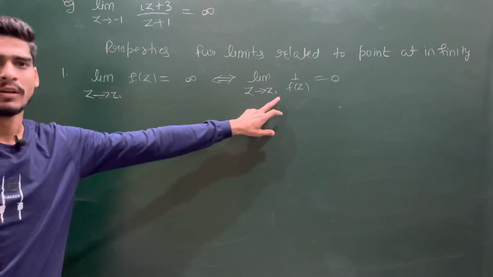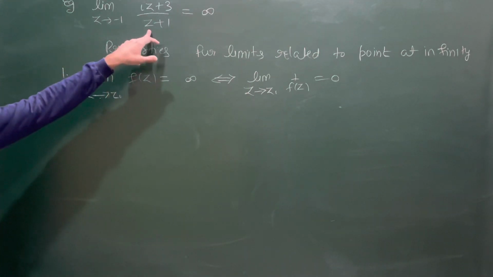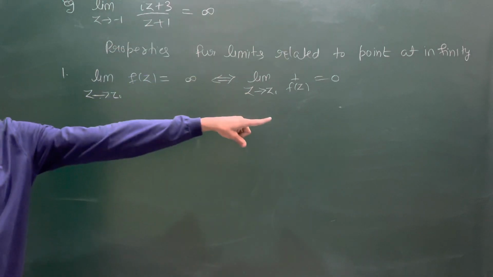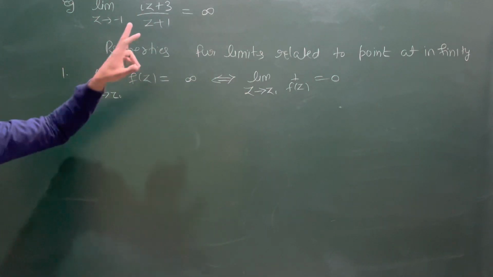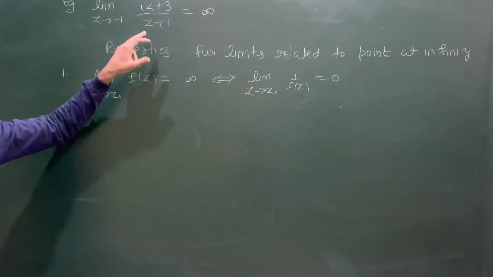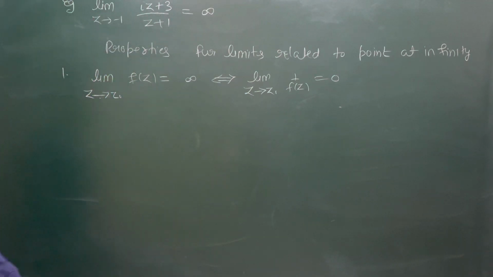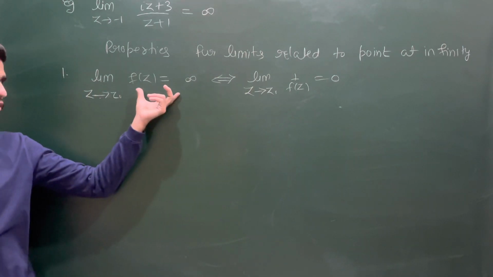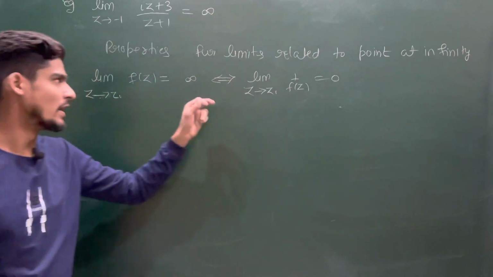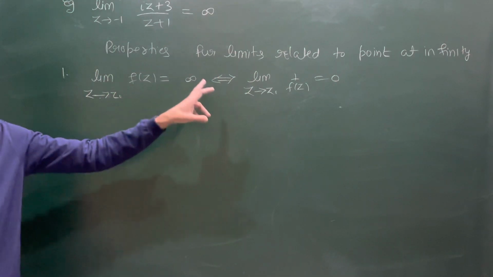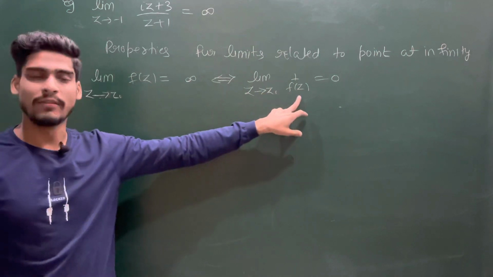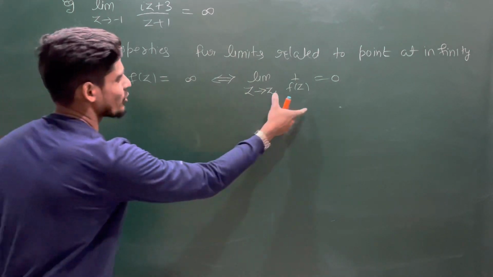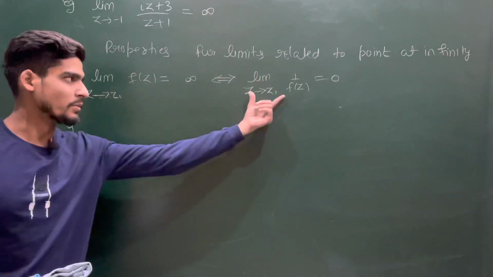You can take help of this also in the previous example. In this example, you can take help of this. You can check the limit of 1 upon fz will be 0, because if you interchange the denominator and numerator, your above part will go to 0 and below part is a non-zero complex number, so overall limit will be 0. And the proof is very easy. You go with the definition, you apply the definition of this and you can easily come to this, because you will have your mod of fz is bigger than 1 by epsilon. So you try to find the 1 upon fz. So you can come from this statement to this statement.